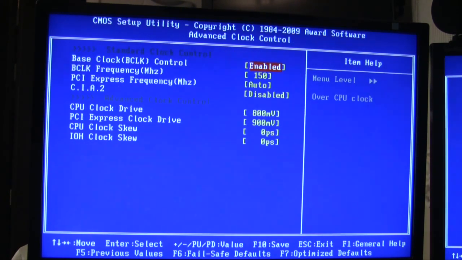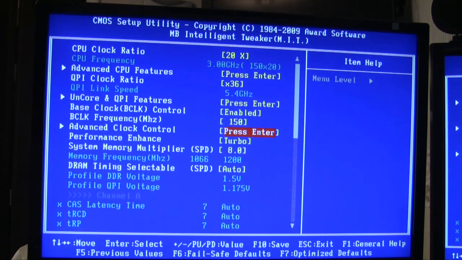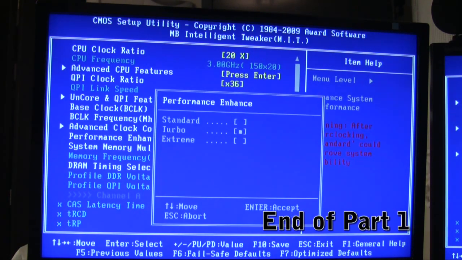Advanced clock control, we have not been here yet. I would leave all this at its default settings as well. This is for your memory, I believe. Turbo